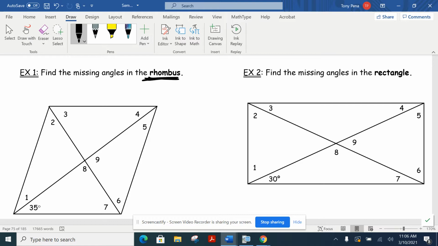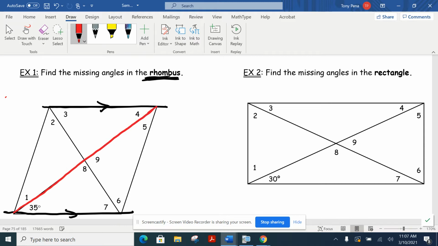So in a rhombus, first and foremost, a rhombus is a parallelogram. So what that means is opposite sides, this side here, is parallel to the opposite side down here. So these sides are parallel to each other. One of the things that we've had a hard time seeing when we've had people in class, we're able to kind of walk around over the last week or so with this, is that when we have these parallel lines, when we start having these